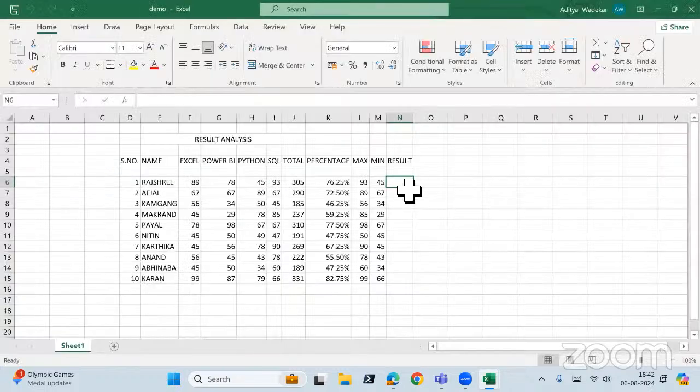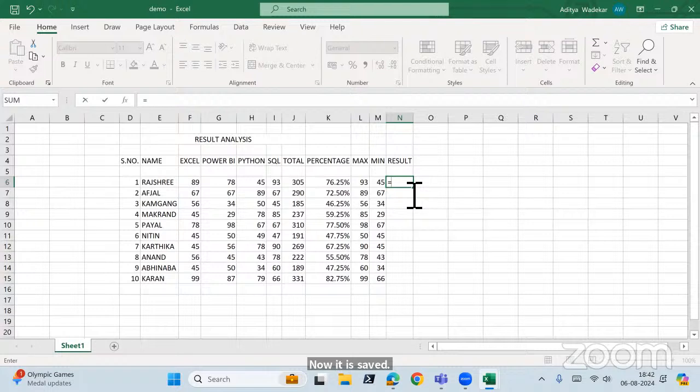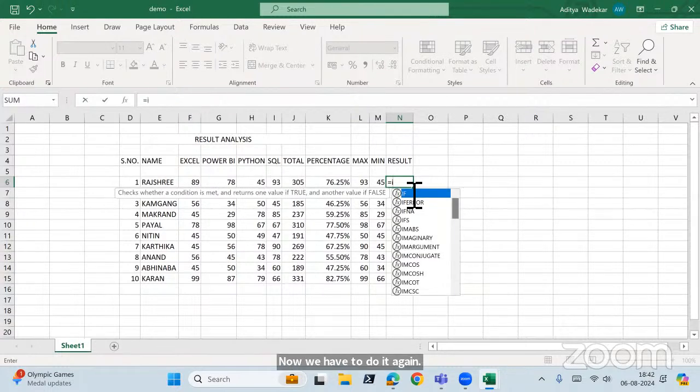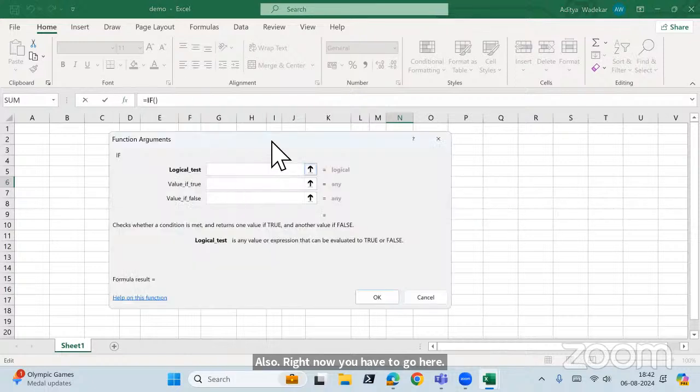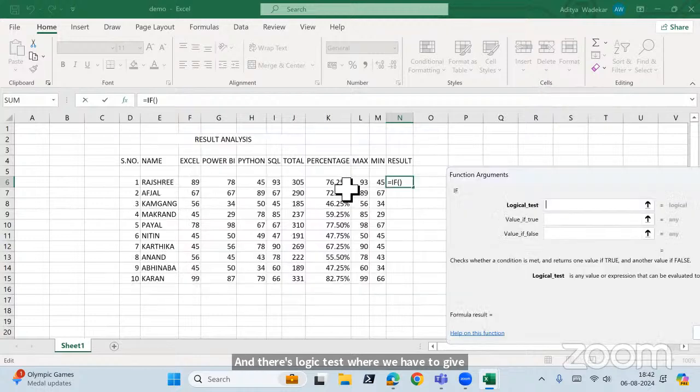Now it is saved. Now we have to do it again. Equal to if, right? And here also we can do again like that only. We can use the function argument window for this also, right? How? You have to go here and there is logic test where we have to give the logic. Just simple like that. This and should be greater than, sorry, greater than equal to 50%,